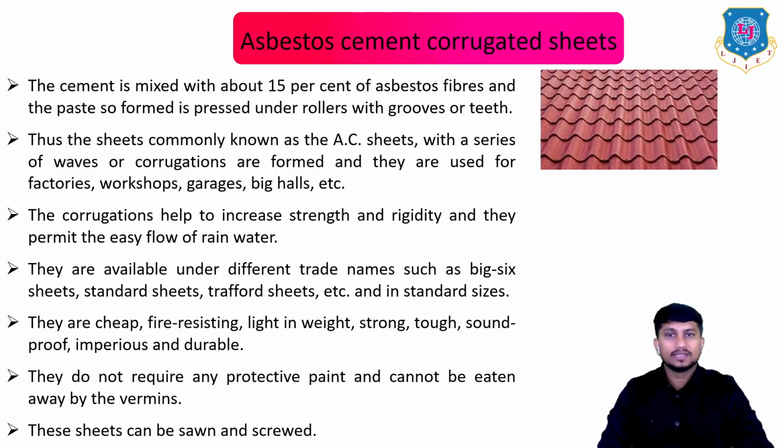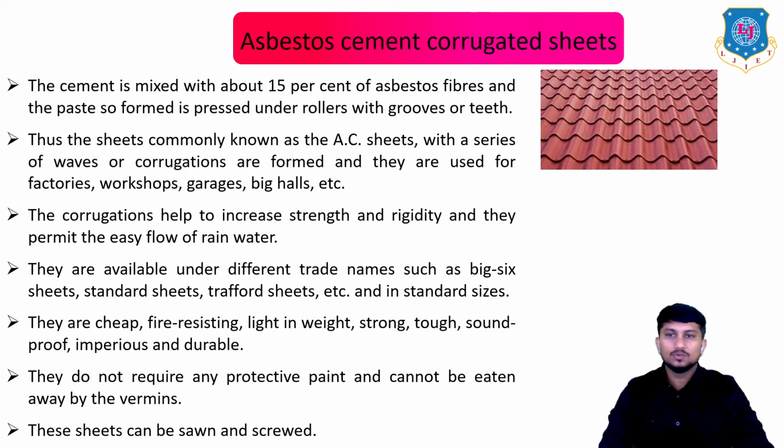Next type of roof covering is called asbestos cement corrugated sheets. The cement is mixed with about 15% of asbestos fibers, and the paste in soft form is pressed under rollers with grooves or teeth. This is how you can make this type of corrugated sheets. Thus, the sheets, commonly known as ACC, asbestos cement concrete sheets, with a series of waves or corrugations are formed,